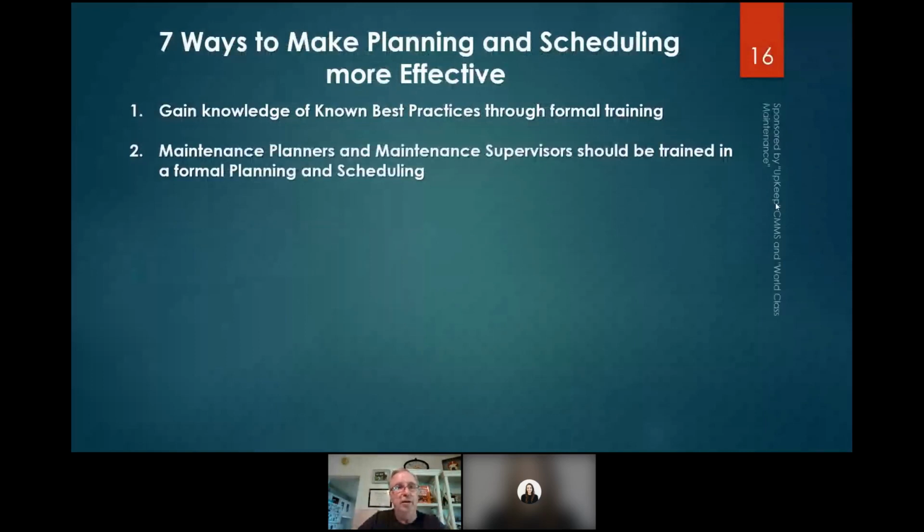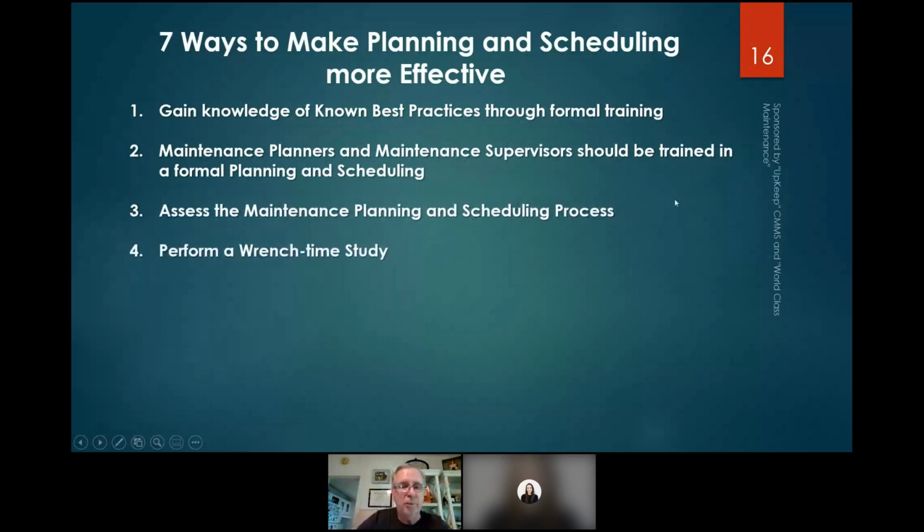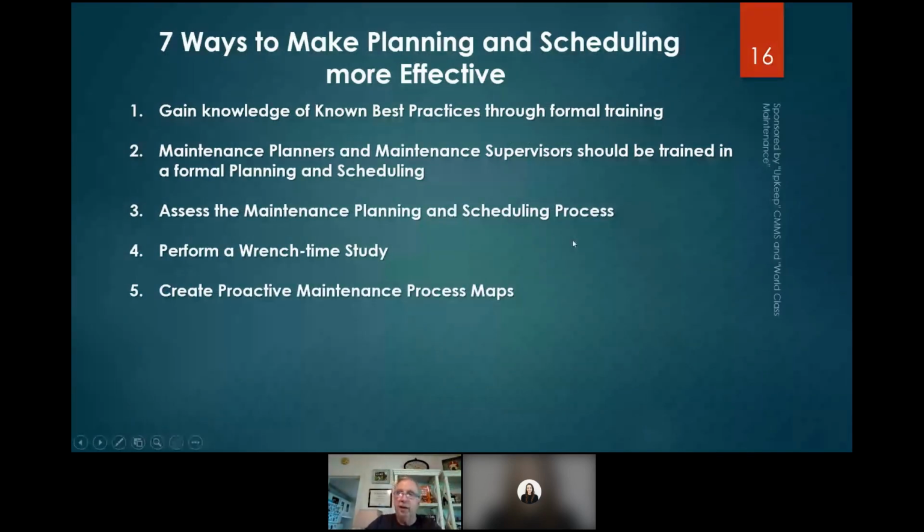So we want to gain knowledge through formal training. Maintenance planners and schedulers should be trained in formal planning and scheduling. Assess the planning and scheduling process. Perform a wrench time study. You can do that with technicians, the best ones to use for that. And if you want some ideas on it, you can send me an email and I'll give you some ideas